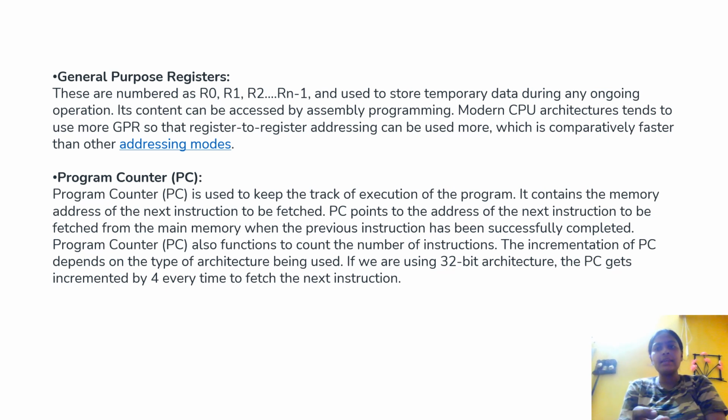Next we'll come to PC, which is mainly called the program counter. The program counter is used to keep track of the execution of the program. It contains the memory address of the next instruction to be fetched. PC points to the address of the next instruction to be fetched from the main memory when the previous instruction